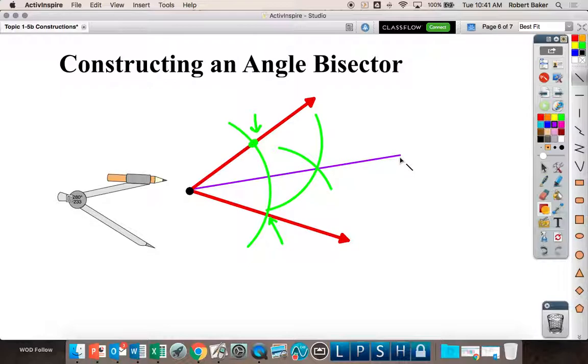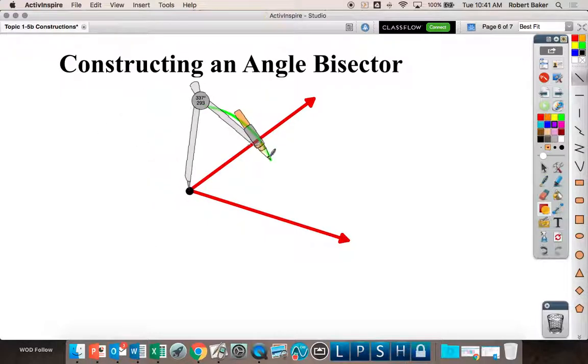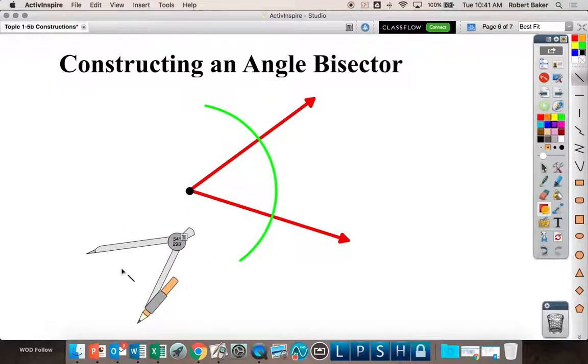Let's do it together. Step 1, pivot point goes on the vertex, and then just swing an arc across the angle. It does not matter where. Once you make a nice clean arc across your angle, you can pick your compass up. You can move it however big you want to. Step 2,